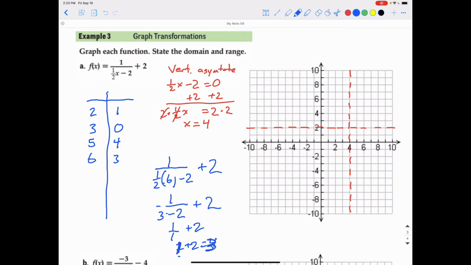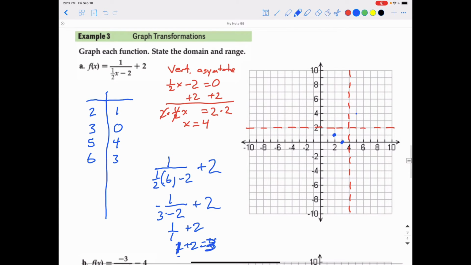So I have 2, 1, 3, 0, 5, 4, and 6, 3. So it looks like I just got 4 points there in the rectangle, but remember what these